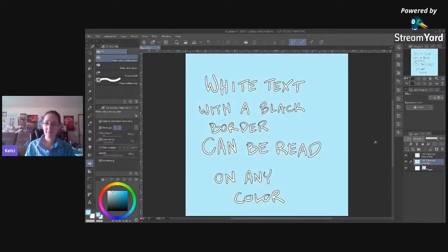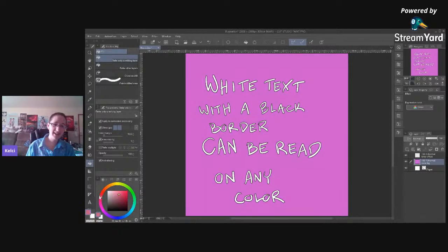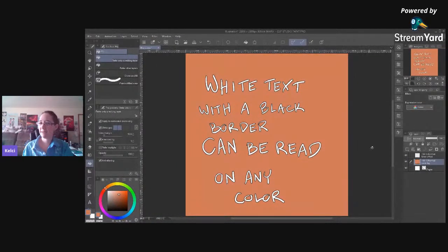White text with a black border can be read on any color. And just to prove this point, we're going to change up the color of the canvas. And it is still legible. Look at this. It's science put into effect. So that's the easiest way to do